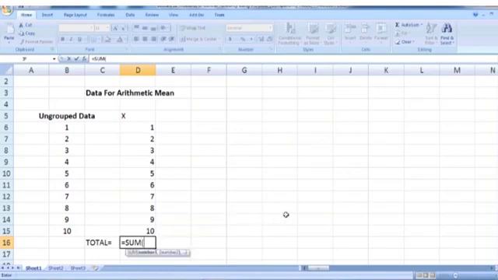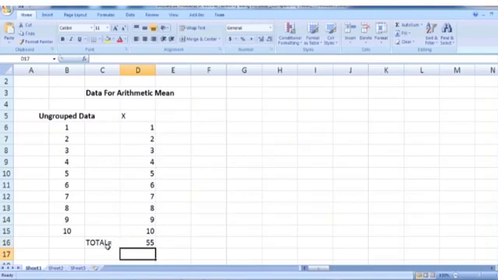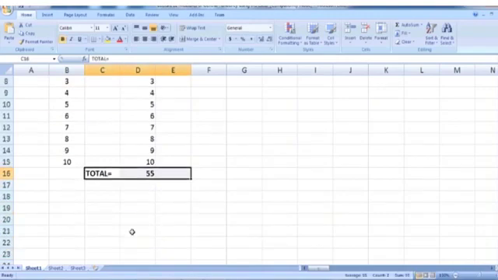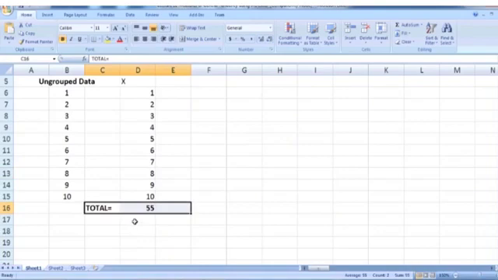So we will use the sum function to add up all these numbers. So sum of D6 to D15. So it will add the numbers in cells D6 to D15. So just press enter. So this is summation X, sum of all X numbers, so all numbers in column X.